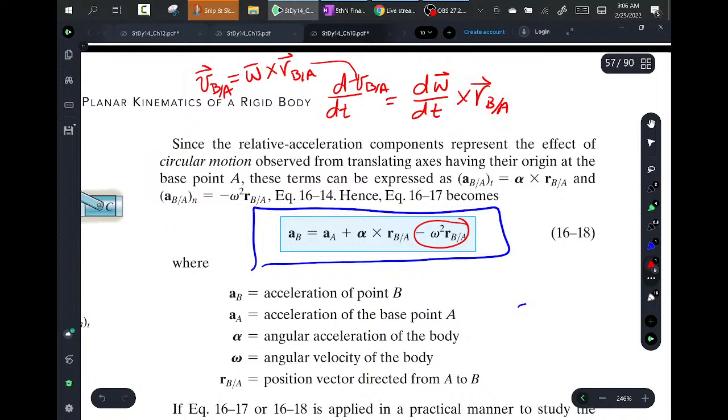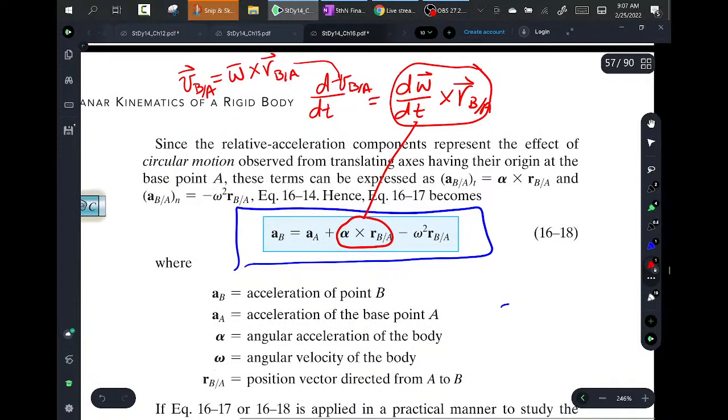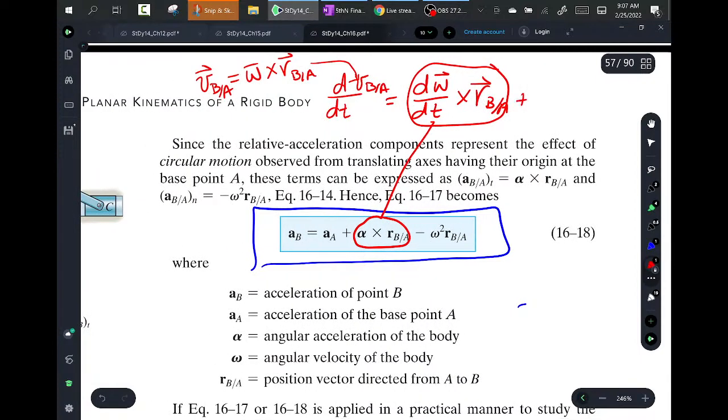This term is actually that term. But it's also a term in which omega cross the derivative